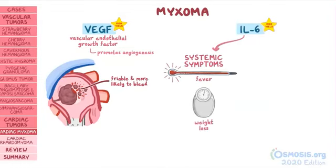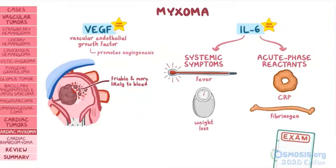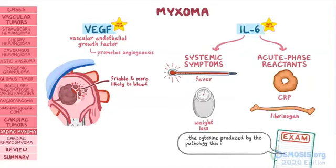Exams can use this information to tie in concepts relating to immunology, like the fact that interleukin-6 is also responsible for the production of acute phase reactants, like CRP and fibrinogen. So, they could use a scenario of an atrial myxoma and ask, the cytokine produced by the pathology this individual has is also responsible for